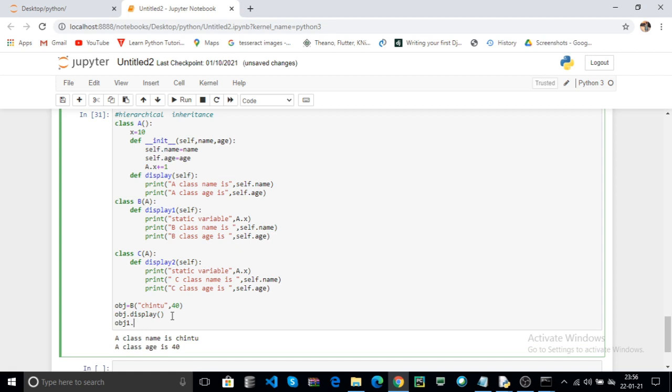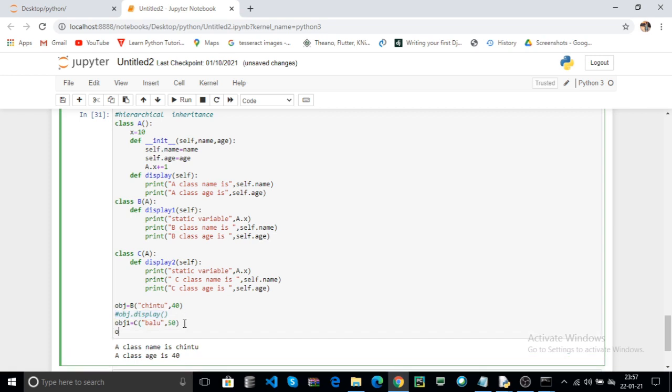For example, I create object 1 for class C. Here it needs two parameters. For example, I pass two parameters, Balu and 50. Here please comment your object dot display. That means you can call the display method in the A class using the B object.